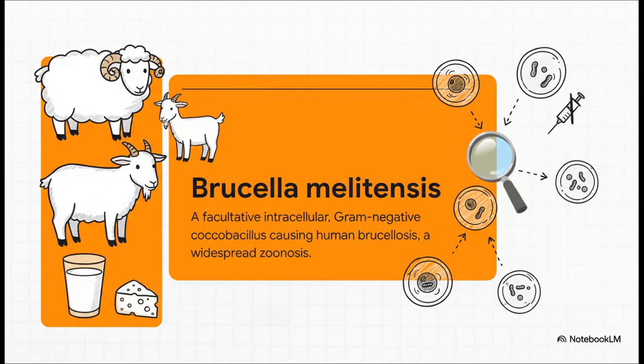So at its core, Brucella melitensis is a gram-negative coccobacillus. But the real kicker? It's a facultative intracellular pathogen. That means it's a master of disguise hiding out inside our own cells, which, as you know, makes it a nightmare to get rid of. Its main source is zoonotic. It jumps from sheep and goats to people, usually through things like unpasteurized cheese or just direct contact with infected